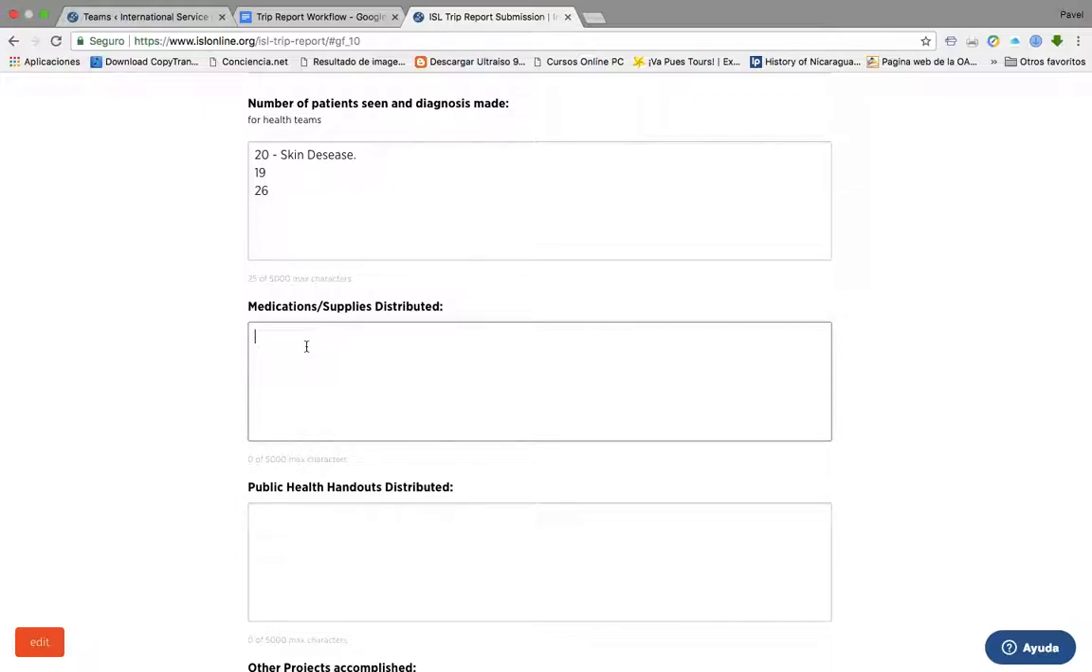Medications, it could be, for example, clotrimazole. It's important to write down the concentration. And then you can keep going and filling in the type of medicines that you gave out. If it is possible, also the number of creams or ointments that you gave out, for example, 10 in total. Then